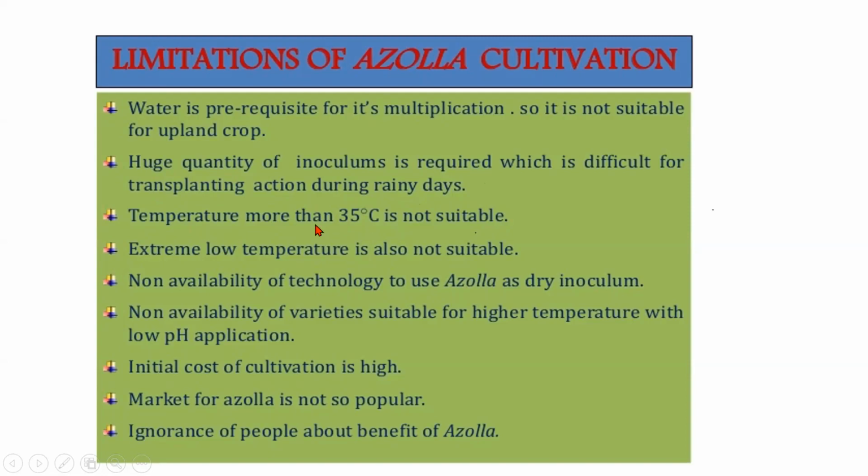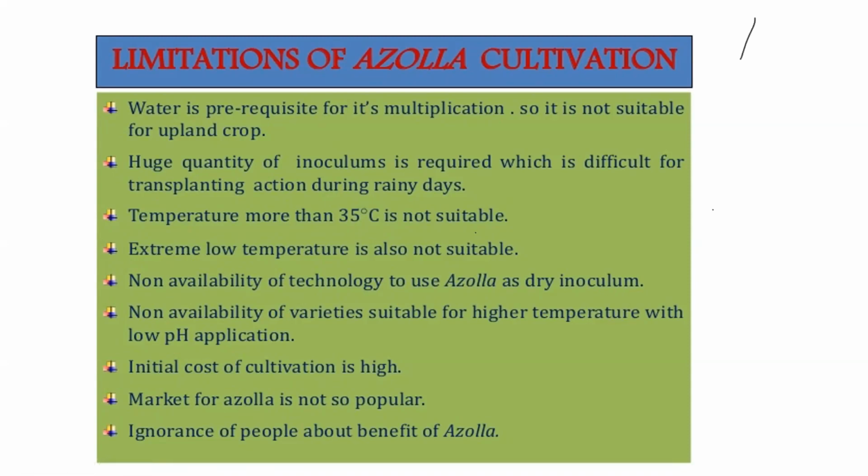And 35 degrees and more is not suitable. So in summer, you cannot cultivate azolla, that is when you talk about South India, Tamil Nadu. Extreme low temperature is also not suitable. It may not be a limitation for us, but in the north, it is very difficult to grow azolla. And there is non-availability of technology to use azolla as a dry inoculum. Technology still has to be developed for using azolla dry. That means you can dry it and then use it as an inoculum, because it is easy to store if